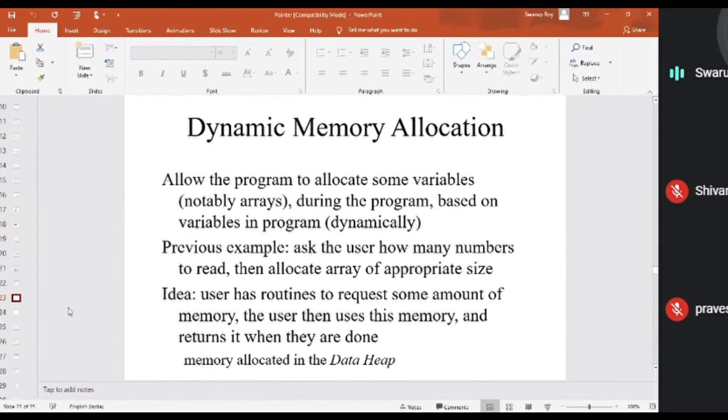So there should not be a clash between two different programs, because if one program is using a particular memory space and another program is also trying to access that space, then there will be a clash. Then your computer will not work. So whenever you run a program, the operating system allocates a certain amount of space ahead, whether you use it or not, so that if you need some space, you can take it from your allocated spot, what we call the heap. But the boundary cannot be touched by some other program, just to avoid a clash between two different programs, because we are running a multi-programming, multitasking operating system right now.